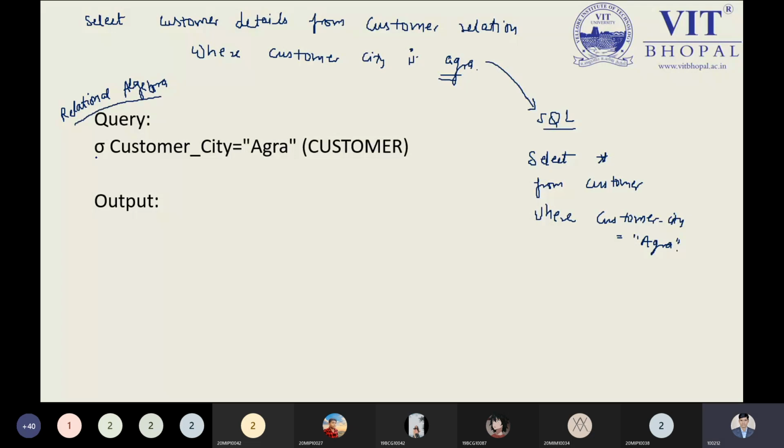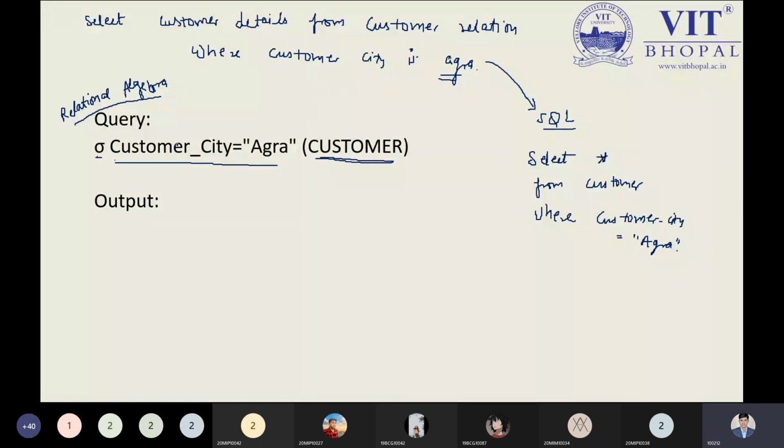I'm using this symbol, which defines the select, and what I need to select is all the details from the customer relation. This is our relation name, customer, and next we have our condition, customer city equals Agra. This condition is put as a subscript. The writing is an important point to keep in mind.